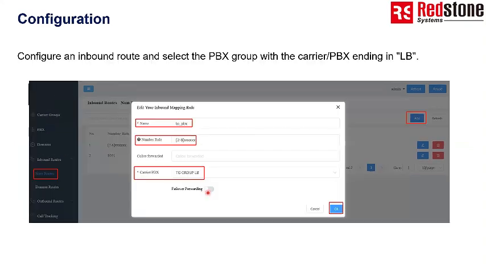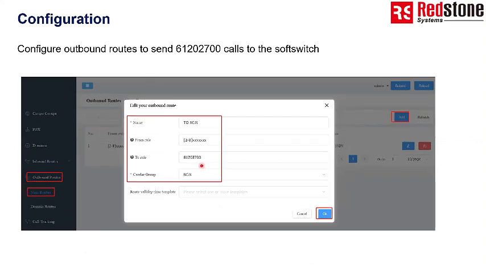And after that, you need to configure the inbound route and select the PBX group, the carrier PBX ending with LB. This is my indication that it is using the load balancing. This one should use the load balancing. And these are the number rules as defined by the requirement. And click OK. After which, you need to configure the outbound rules. So outbound rules sent to NGN. This is the from